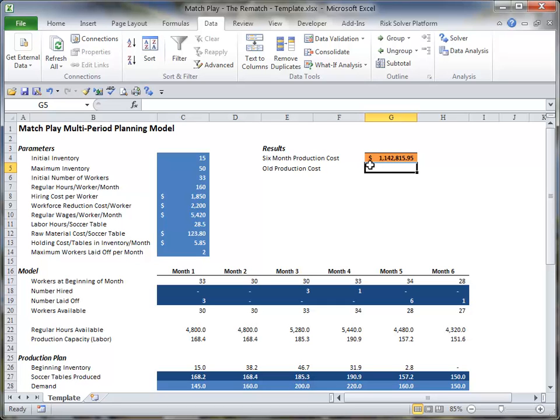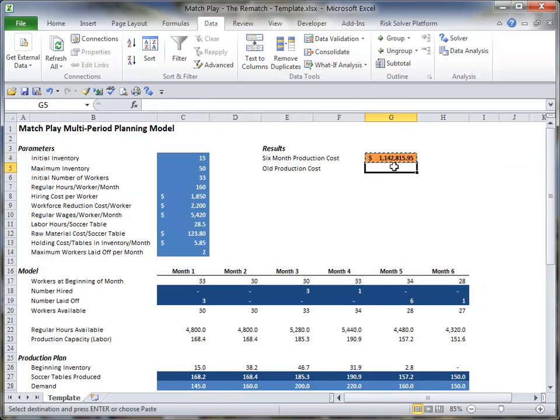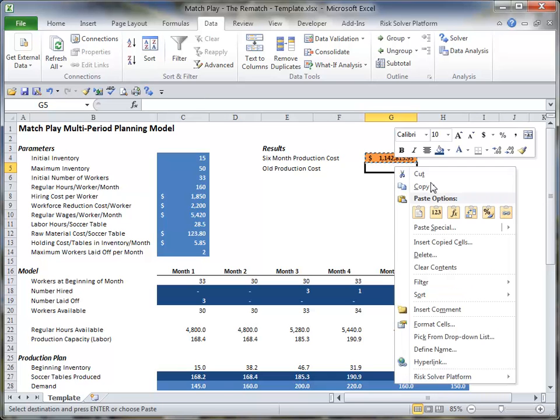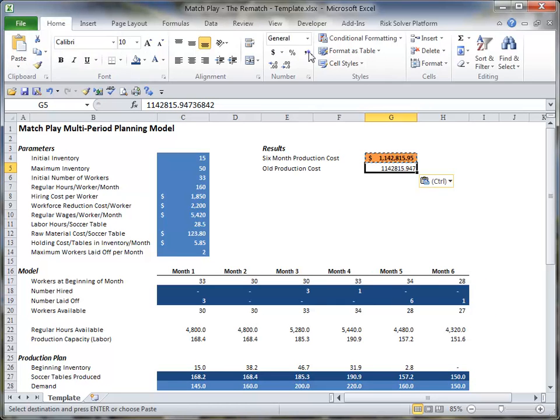So what I'm simply going to do is click on this cell, right click, choose copy, go to the cell below, right click, choose paste value, and now I have that same number below. Let's simply give it a format to make it look appropriate, and let's calculate a difference,